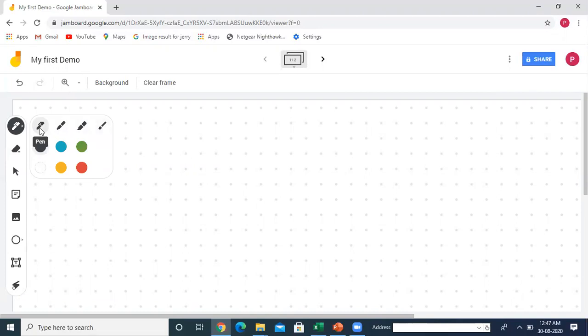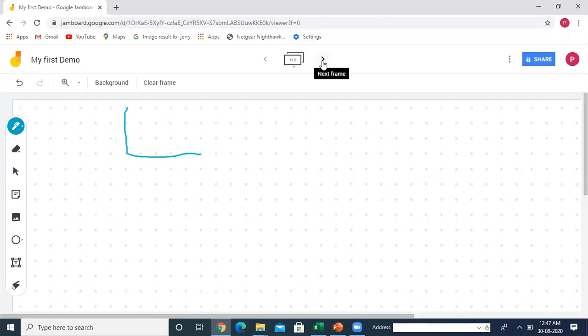I am taking the pen, and I can also choose the color from here, whichever color I want to write. If I am taking a blue pen, now you see I can join the dots like this and show it to the students for the pre-primary levels. There will be some dots that they will join and they will form some letters or shapes. So this can be done easily with this background.